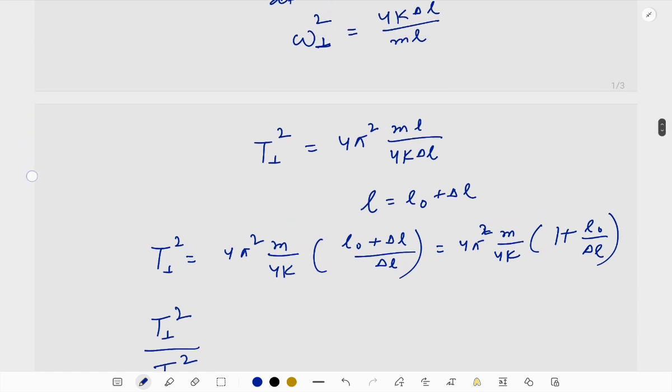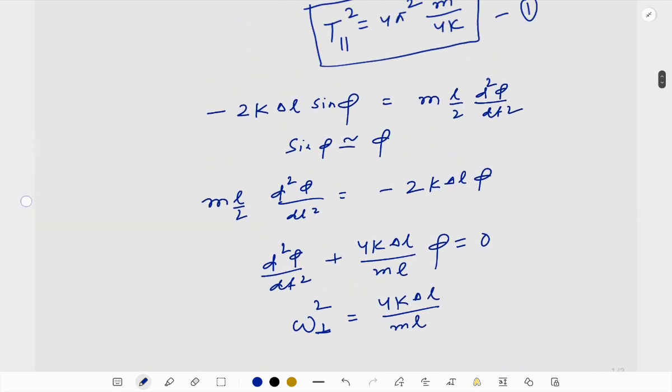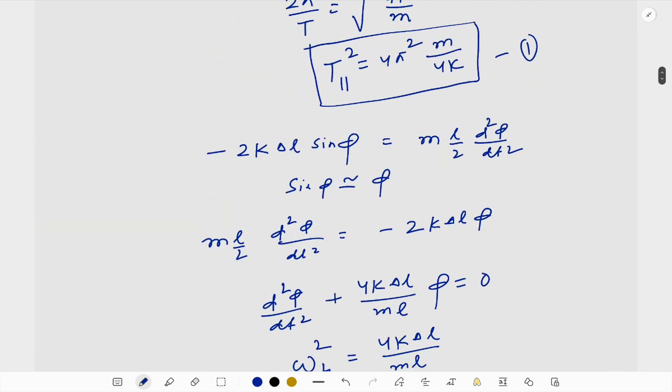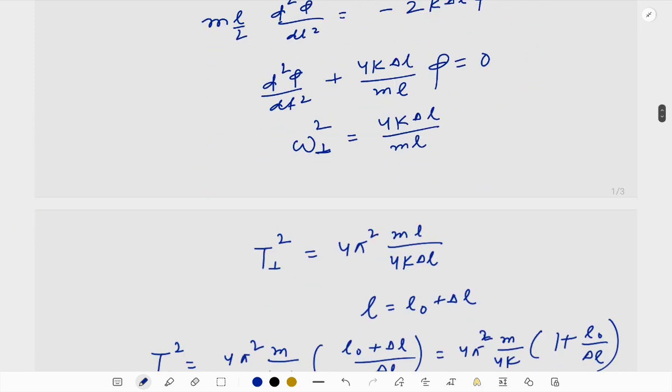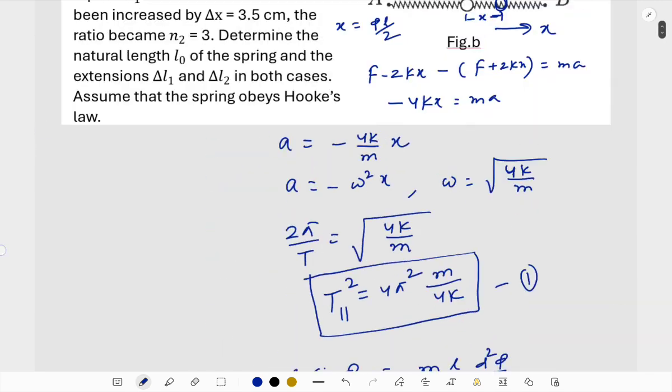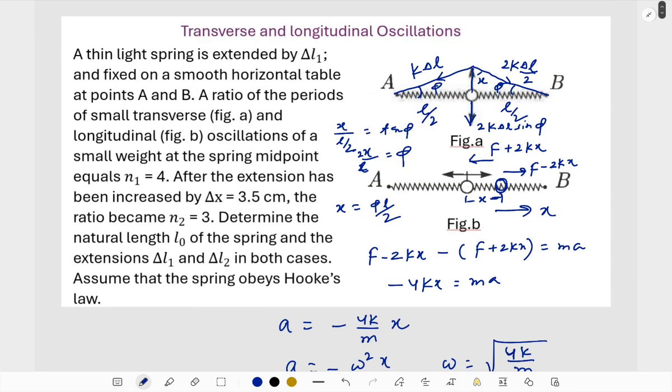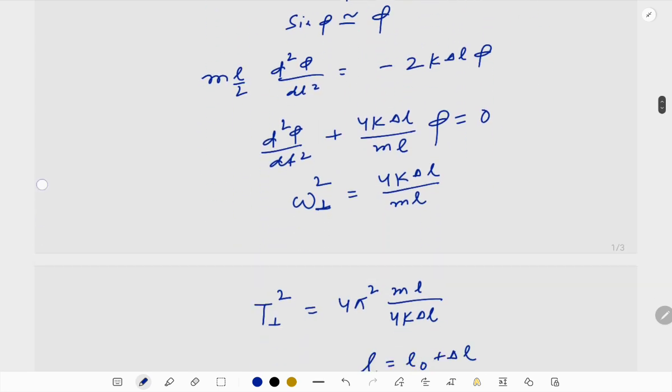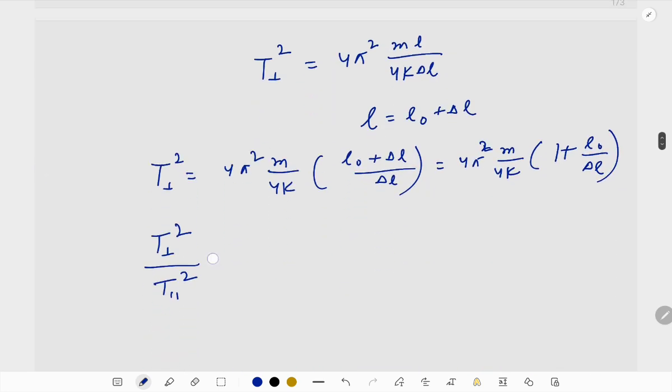I can find it, 4π²m by 4k and 4π²m by 4k, and there was something in this problem, n1, n2, but they had different conditions. So I would simply write n square, and this n square will become simply 1 plus L₀ by ΔL,